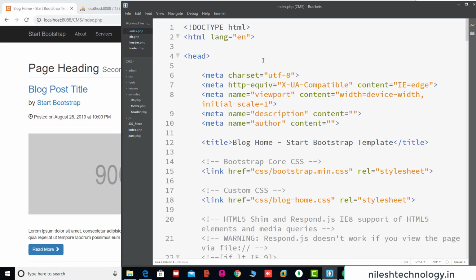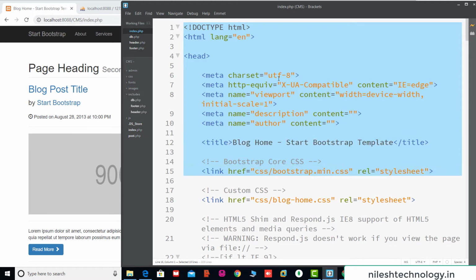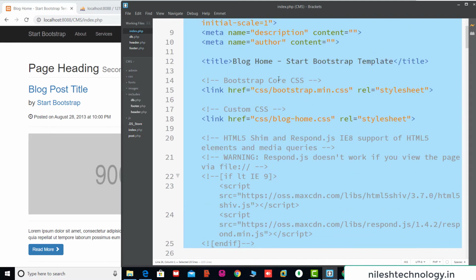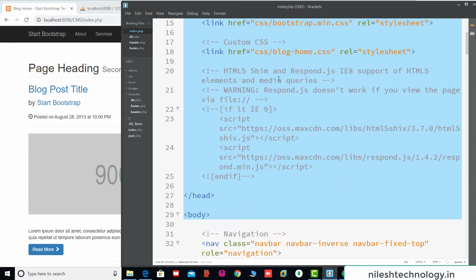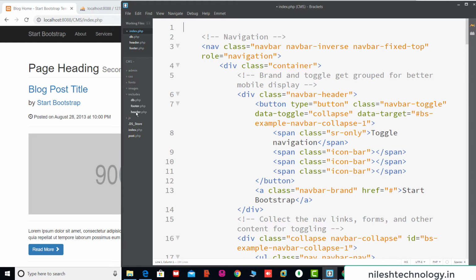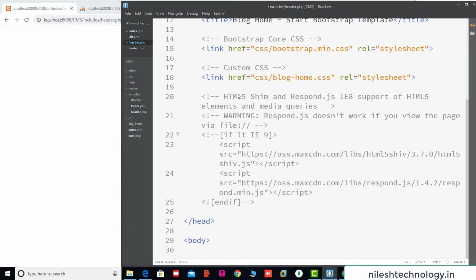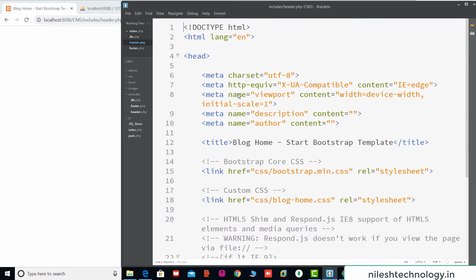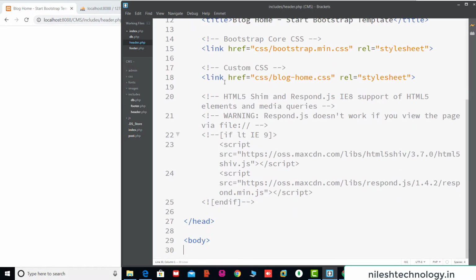Okay, first we will open this header.php file. So here this is your index.php file. Here we shift all this top design code which is common to every file: the HTML and head tag, up to the body section. So we cut this section, Control X, go to the header file and paste here, Control S, save. So this is your header.php file, and we include this file in your index.php.